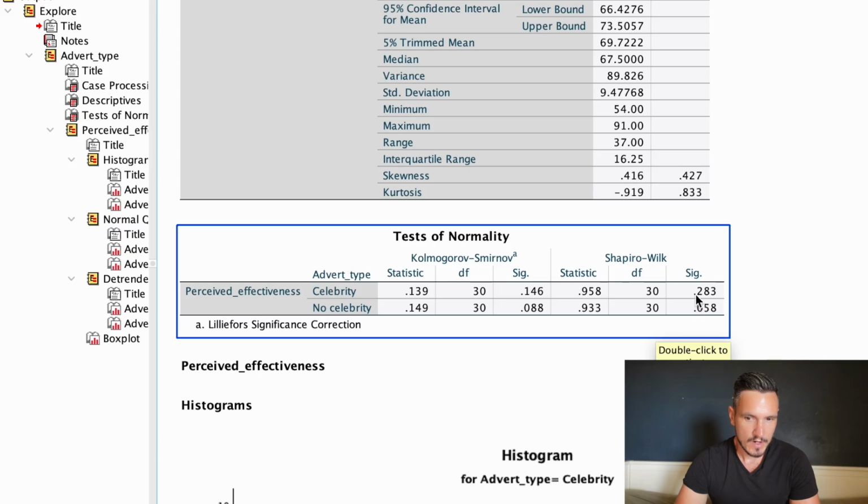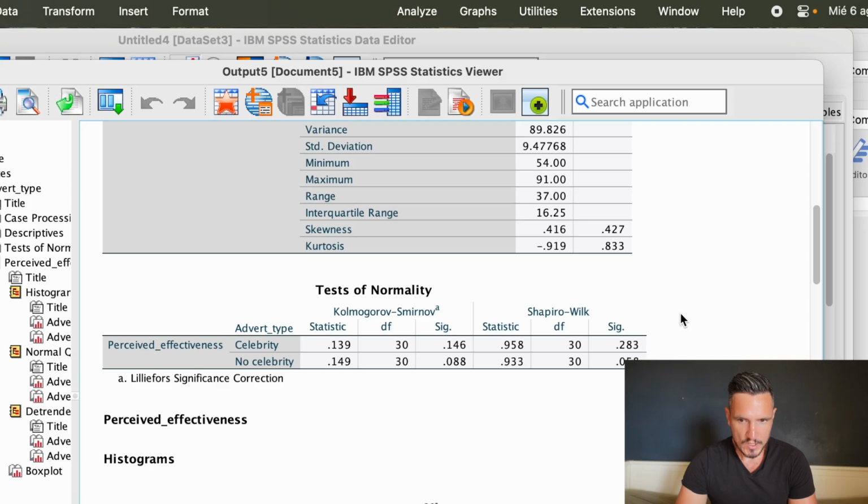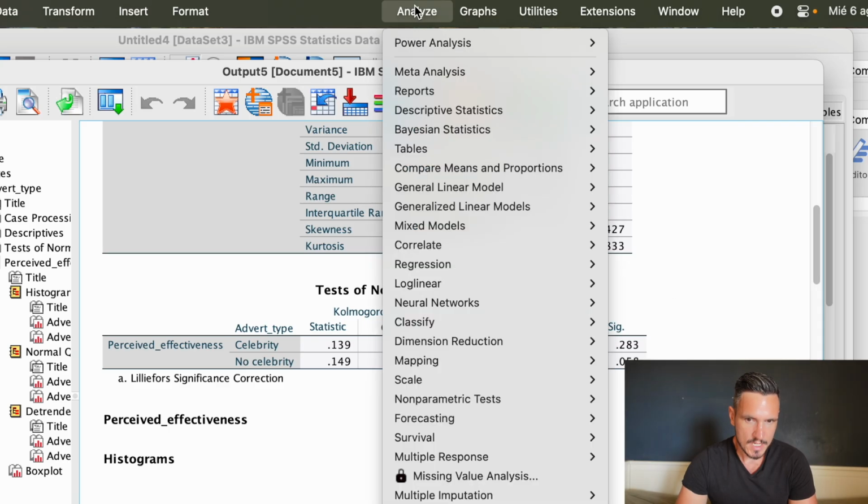So here we can see we have a value of 0.283 and here we have a value of 0.058. And as both of these values are above 0.05, it suggests that the data for the celebrity and no celebrity conditions are both normally distributed. So we'll say that the data are normally distributed, and then we'll go up to Analyze, and then we'll go